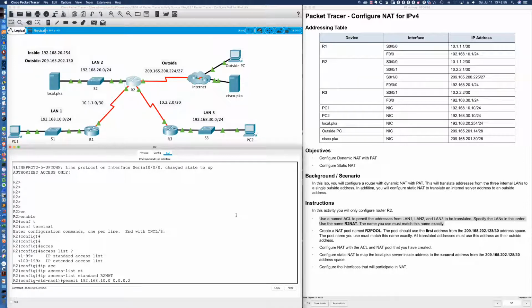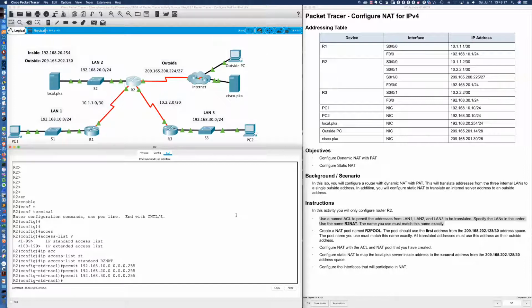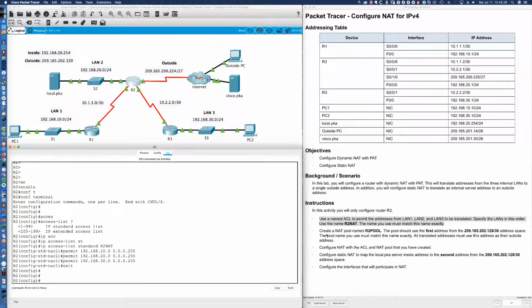192.168.10.0, and if it's a /24, we should have this down cold. Now, the reason I say they're making this easy is LAN 2 is 192.168.20.0/24. So instead of typing everything back out, let me just hit the up arrow here. Let me come down and change 10 to 20, and then LAN 3 is 30.0. So we'll change 20 to 30, and there's our ACL. You'll notice our completion percentage jumped to 20, and we're done with the first of the steps here in this activity. Now, what's next?